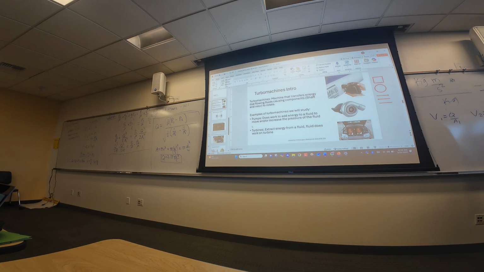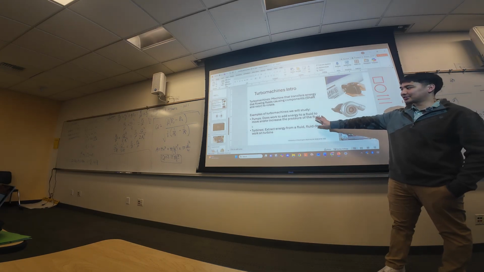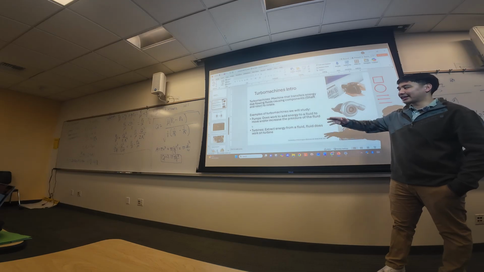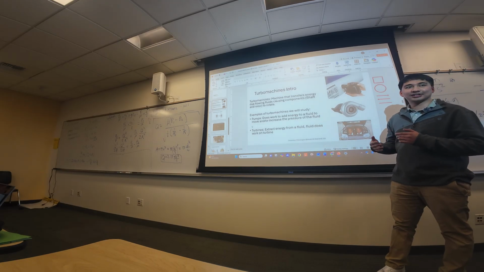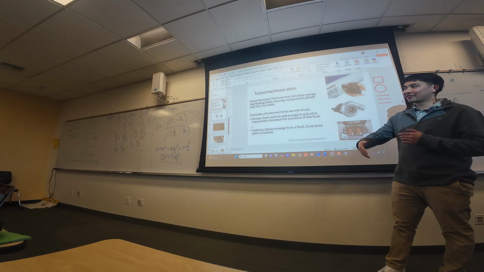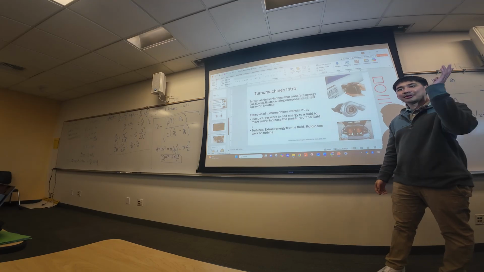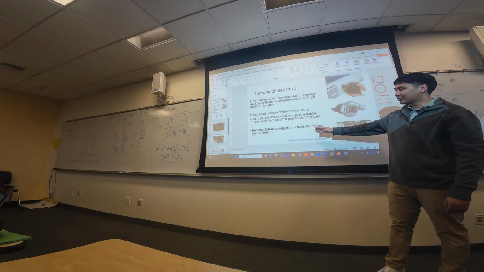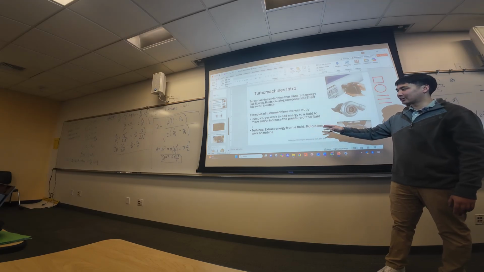Okay, so examples of a turbo machine that we're going to look at are mainly pumps and turbines. And what I listed here is the big concept to it, right? Pumps do work and add energy to your system. So if we have a Bernoulli problem and a pump is pumping in water, you're adding energy in, right? Turbines extract energy from a fluid. You have loss of work on the turbine.